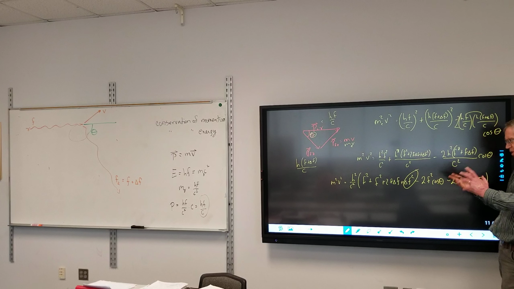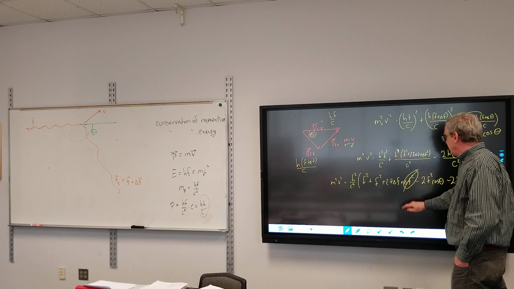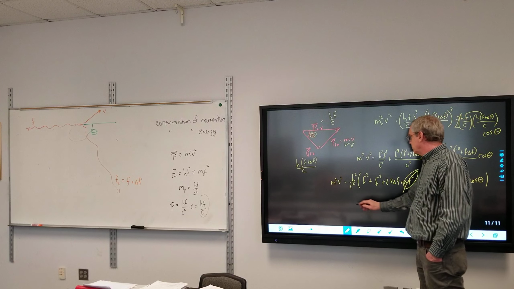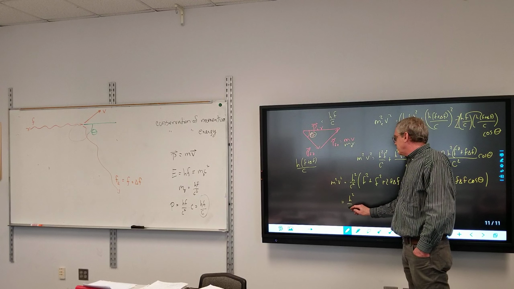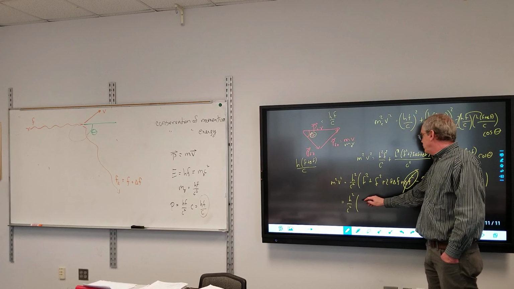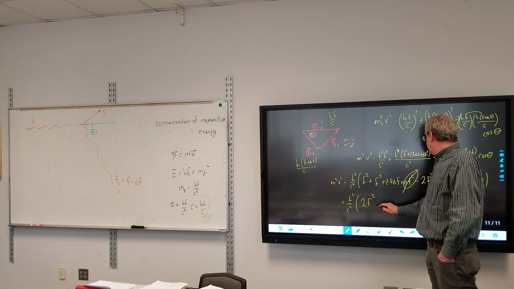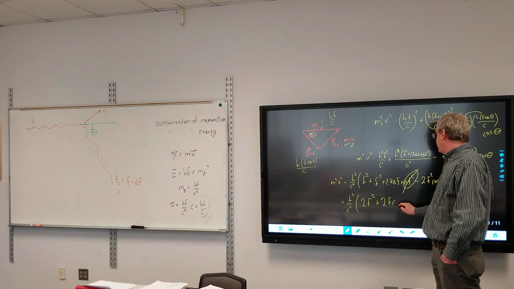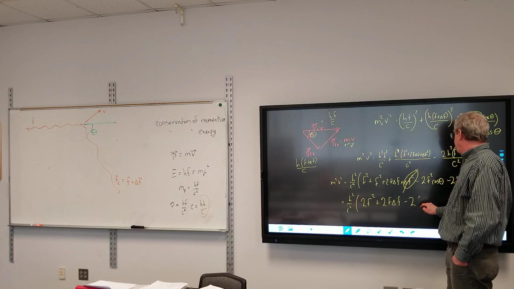So I'm basically saying the change in f is small compared to the actual values of the frequency, so that's close enough to 0, and we're going to ignore that. So I have h squared over c squared times 2f squared plus 2f delta f minus 2f squared cosine